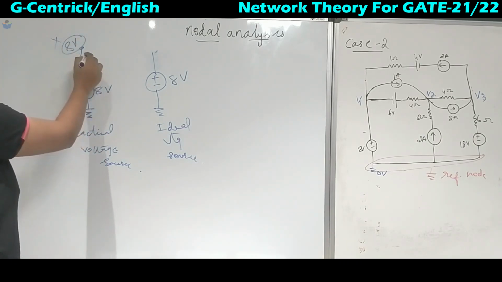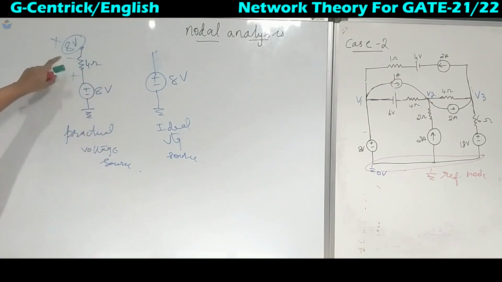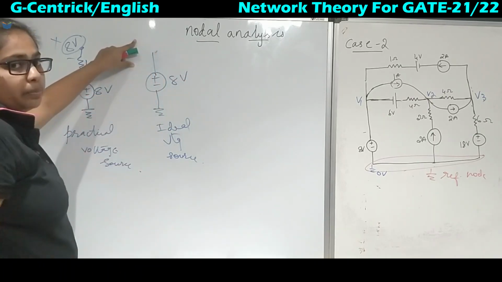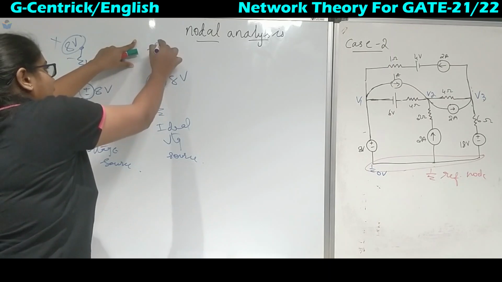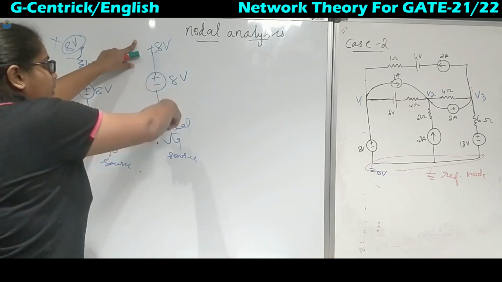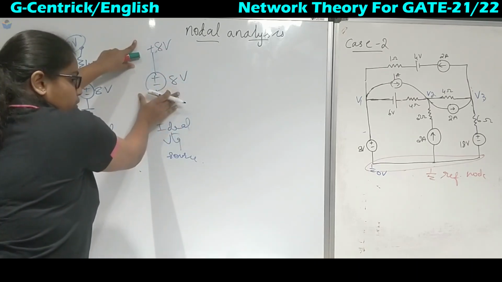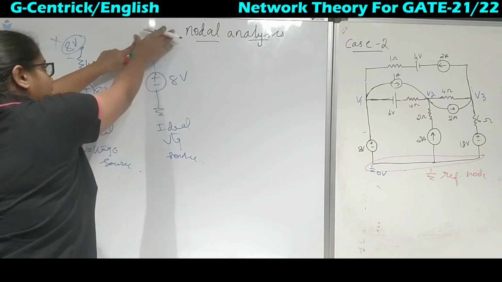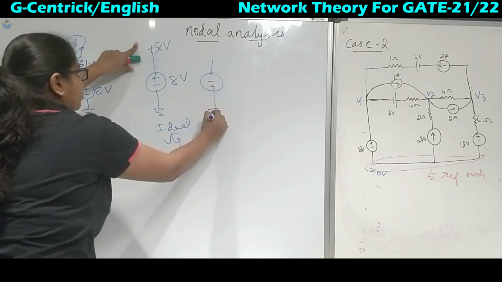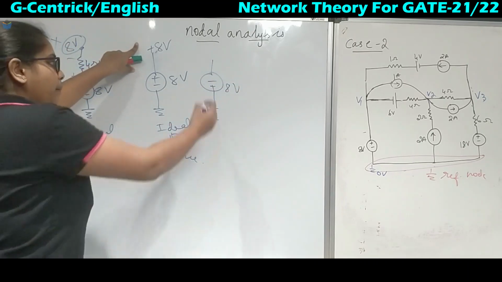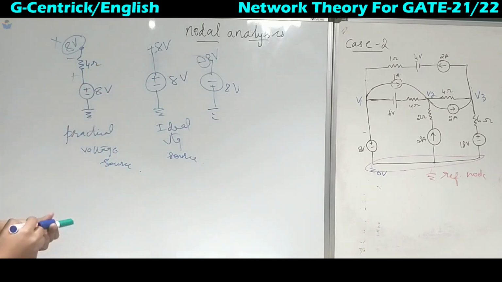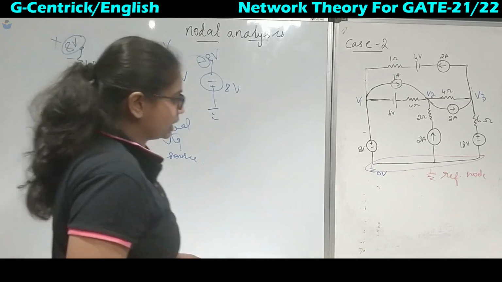That would be wrong, because there will be some voltage drop across this resistor. But here, since no element is present in the branch, we take this directly as plus 8 volts. There won't be any voltage drop across this branch. Whatever source value is given directly appears in the node voltage. If the polarity is changed, the magnitude remains the same but appears with a negative sign. Keeping this in mind, we will solve case 2.